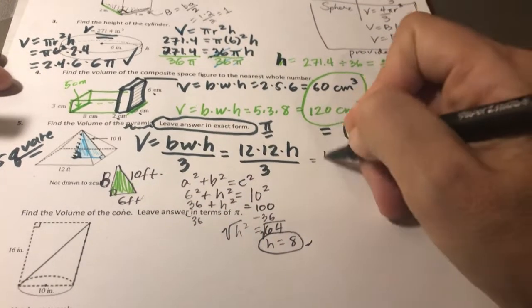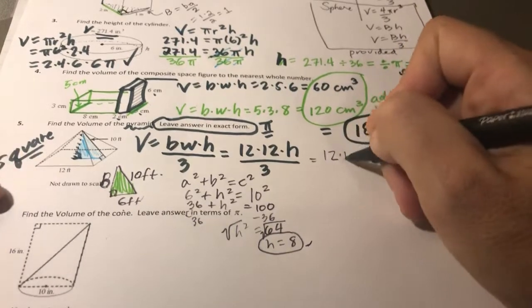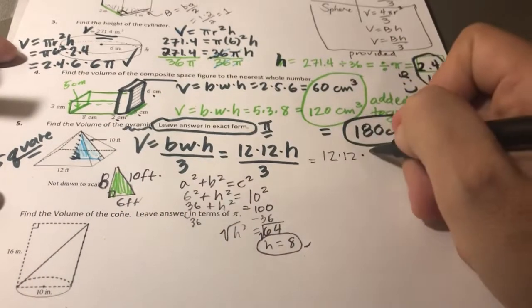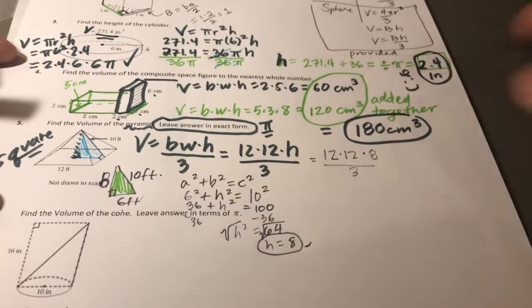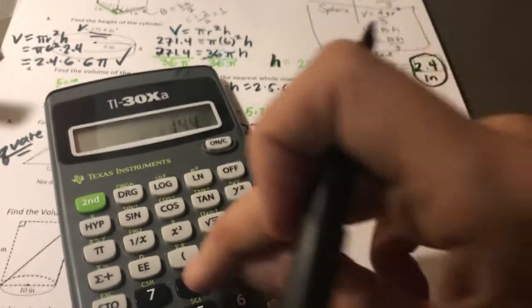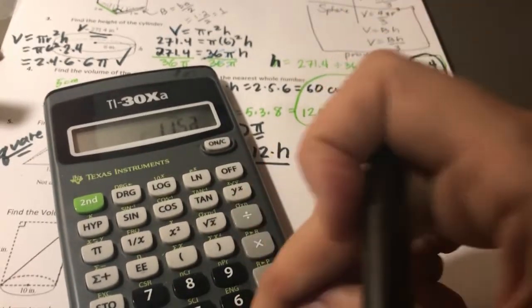So anyway, we know that the base is 12 by 12. We're kind of assuming it's a square because they didn't tell us. And then the height is 8, and then we're going to divide by 3. And that should give us the volume. So let's do it. 12 times 12 times 8, divide by 3,